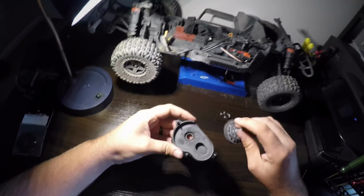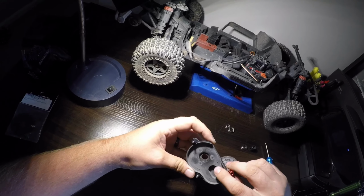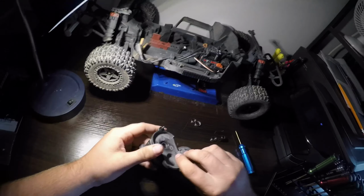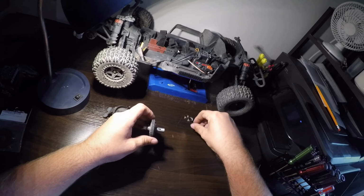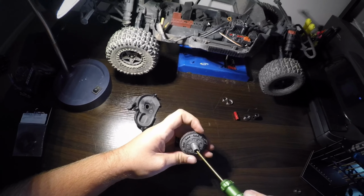Alright, that popped right out. Probably going to replace that bearing too inside of here. I think it'll work, but it looks a little dirty, and since that bearing went out, I just don't trust it. So the way to get this off, you pull this piece off right here, the key. There's actually a screw in here. You can't really see it, but